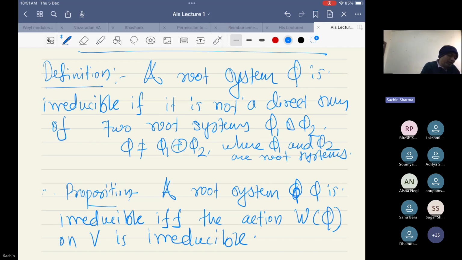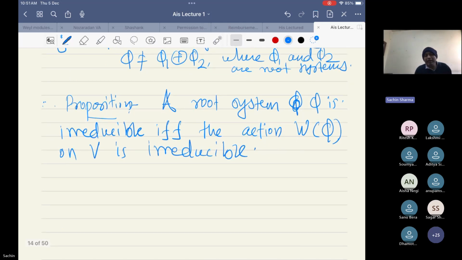Now this is a very important result. It has a number of applications. What do you mean by an action of W on V being irreducible? So just note that